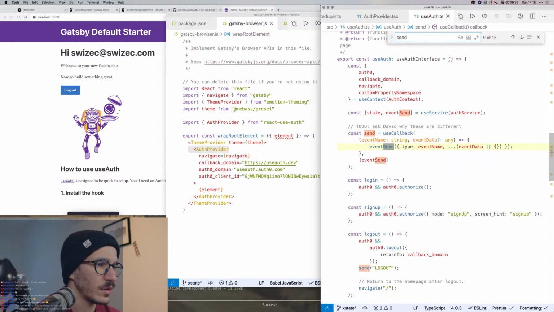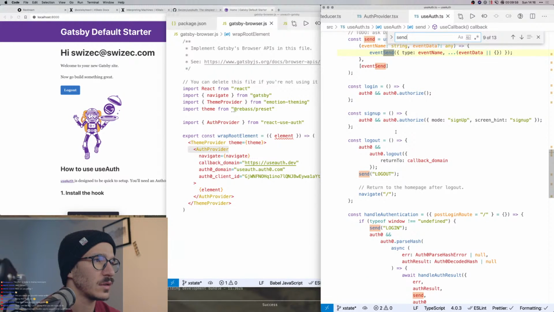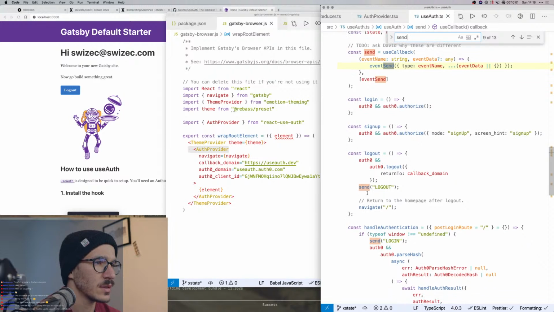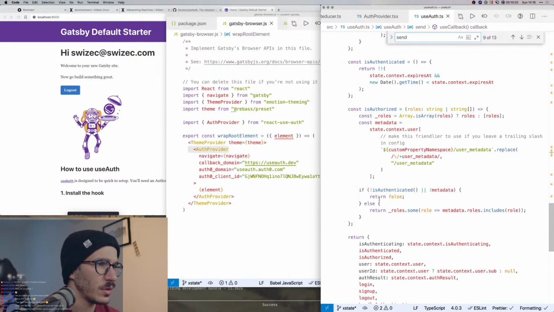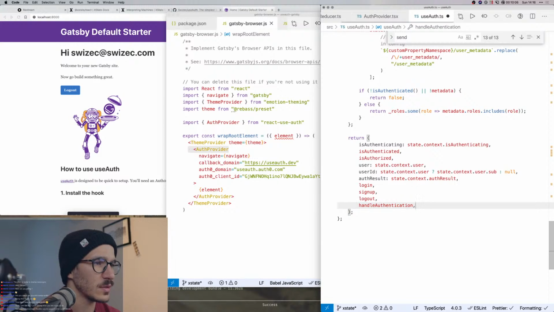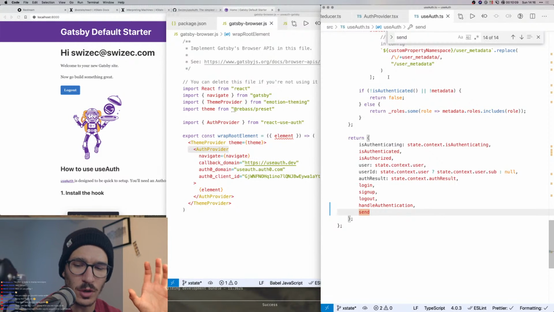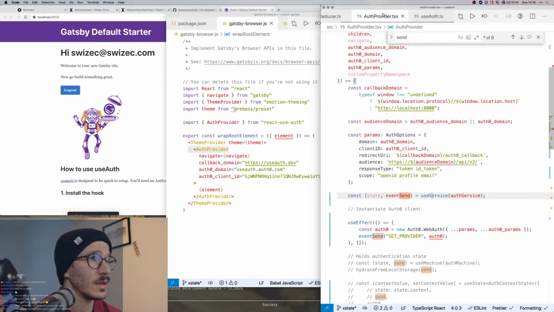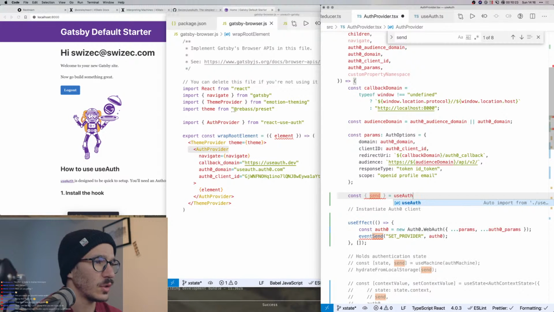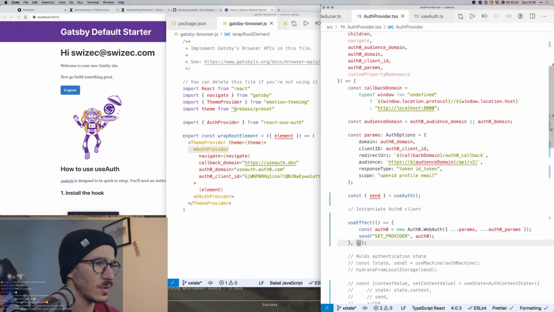Send. Do we ever give that back? Send login. Event data. Send. Okay. Send. Do we give it back out? We don't. So let's actually give it back out. So useAuth, the hook, is now going to export send, and then here, we're going to say const send is going to be useAuth, and we need to import useAuth from our thing, and then here we're going to say send, and this needs to depend on